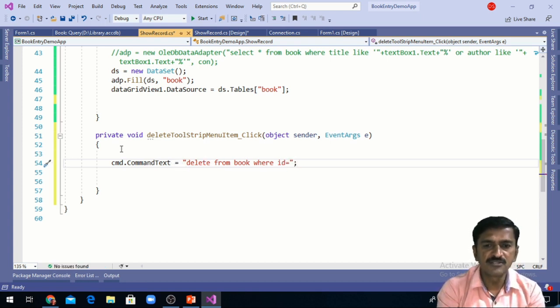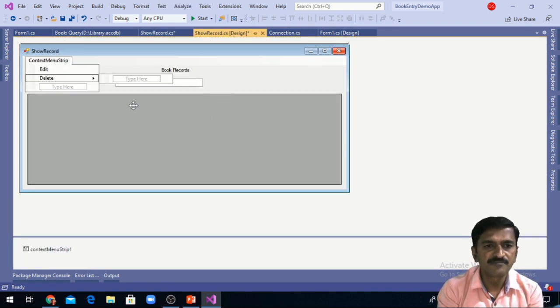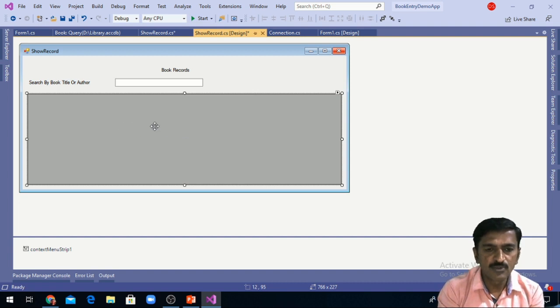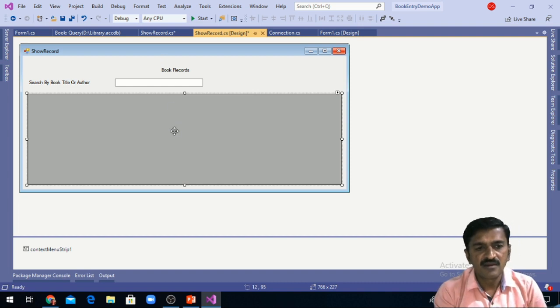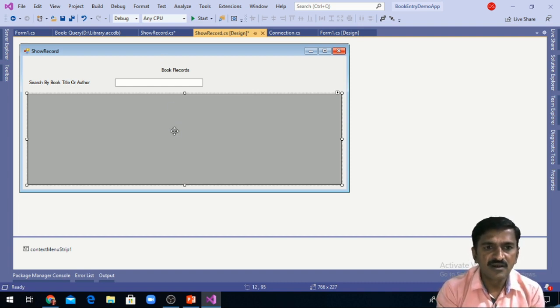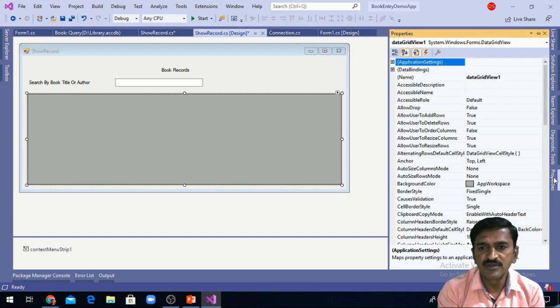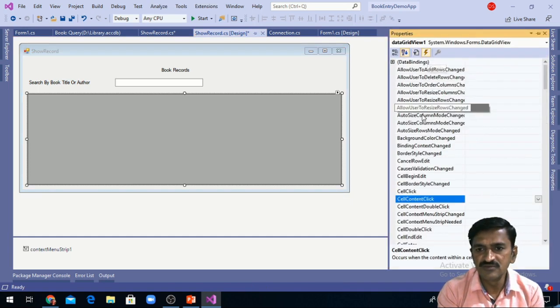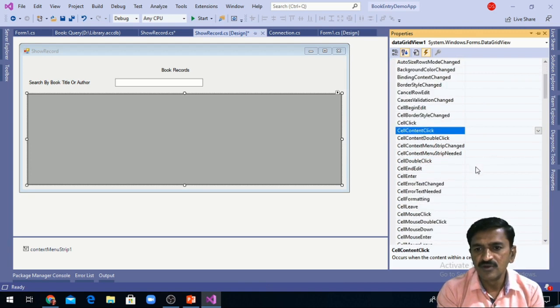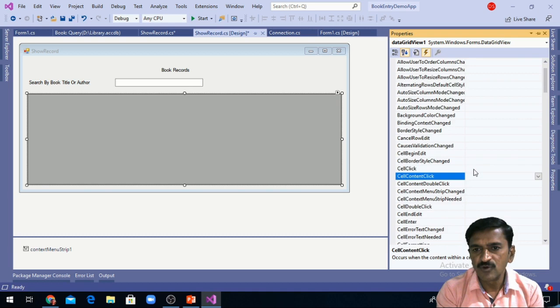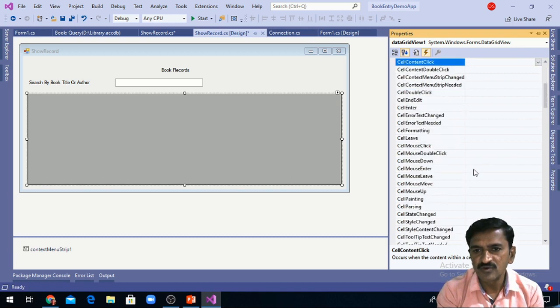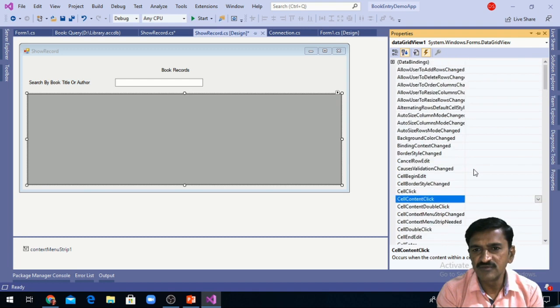Before completing this query, I am moving towards the design view. Once the user selects a particular row, I am going to find out the row index first, and using the row index I need to find out the value of the first column. For that I am moving toward the property window. I am choosing the events and finding the row enter event. Row enter is an event of this data grid view.